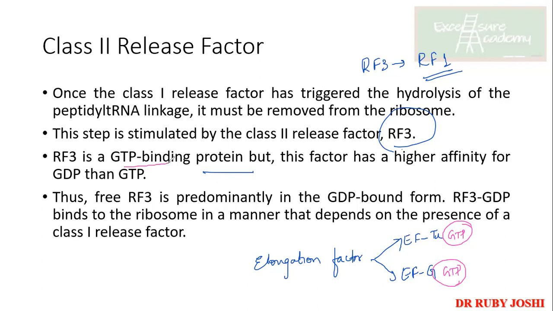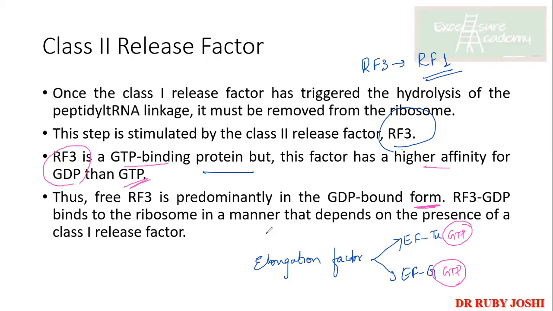it is also a GTP binding protein, but it has got higher affinity for GDP as compared to GTP. Elongation factor के केस में क्या था, EF2 is bound to the GTP, then it has got the high affinity. The moment hydrolysis happens, okay, what will happen, it loses its affinity and gets released from the complex. Just उसका उल्टा, ठीक है। Thus, free RF3 is predominantly in the GDP bound form, and RF3 GDP it binds